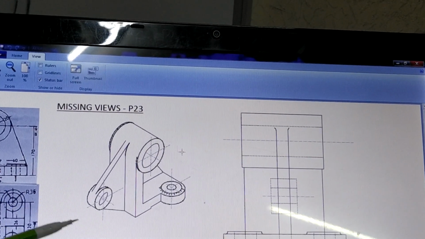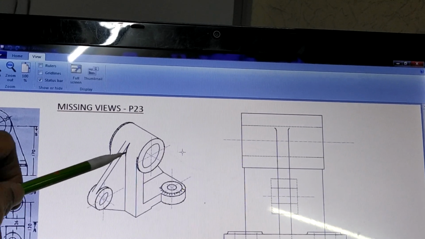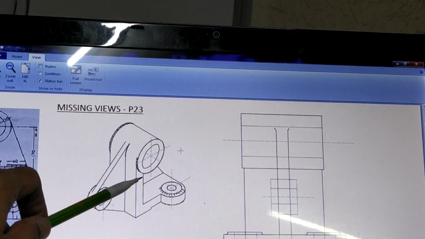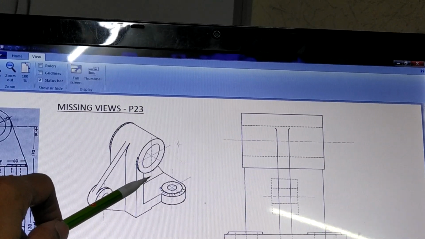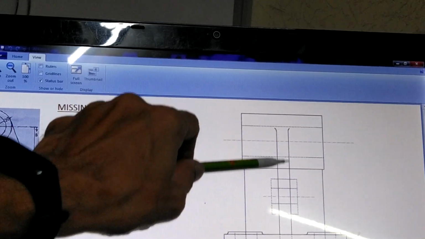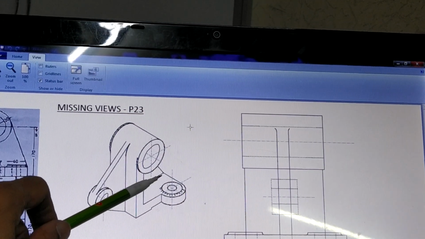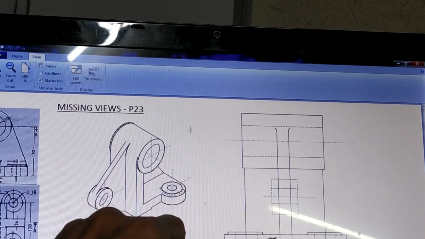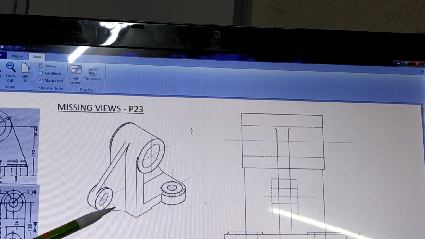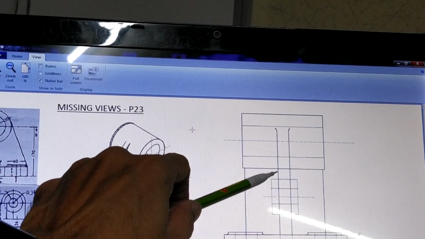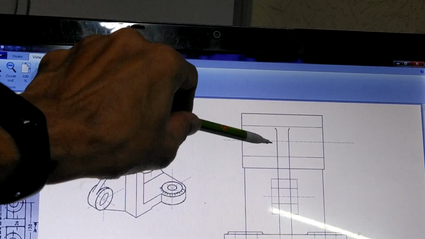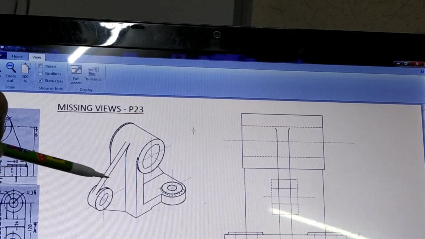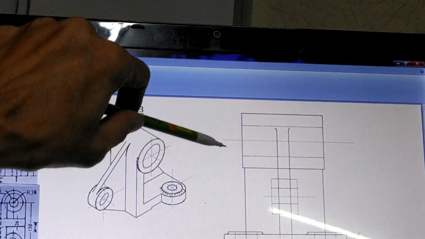So in that case, this pipe which will go behind, this rib will also go behind, but incidentally this rib and this rib, they are of same thickness. So when you see in this direction, this rib will be seen, therefore this rib is drawn as dark, and then this rib ends here, but this rib goes till the lower surface. So these two dotted lines correspond to this rib. And here both the ribs are coinciding, so we are going by the front rib, so therefore these lines are drawn as continuous lines. And this is the pipe, the smaller pipe which is behind, this is a larger pipe which is shown over here.